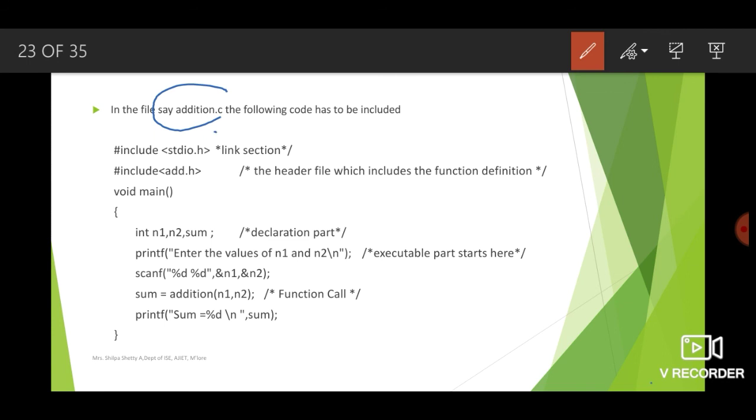So first we write the header file #include <stdio.h>, that is the link section. Following that we write #include "add.h". Why are we including add.h? Because the add.h file has the function addition. The header file which includes the function definition is add.h here, so that has to be included in the program.